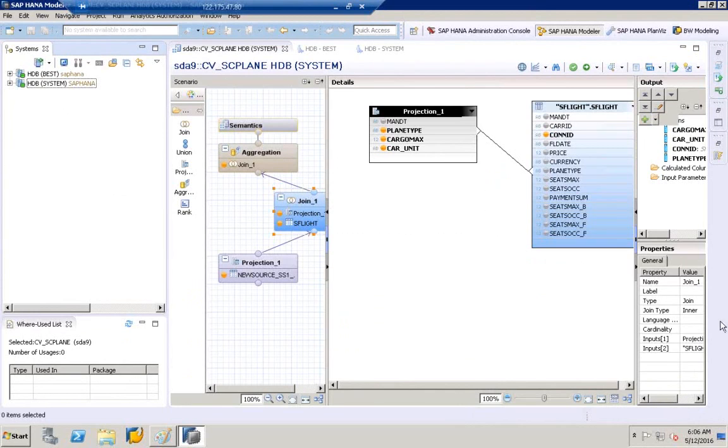So here we have a question. Do we have to definitely create a virtual table